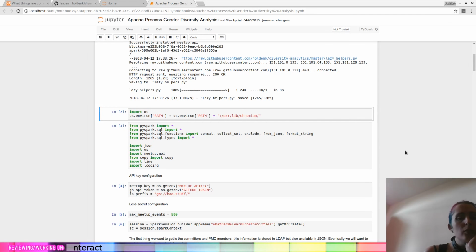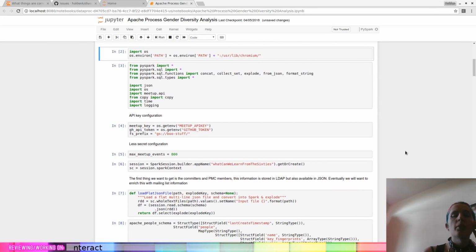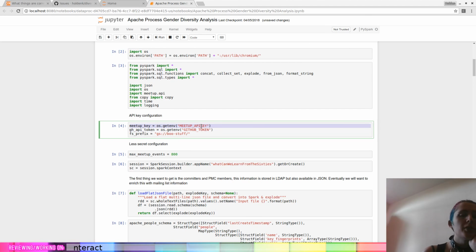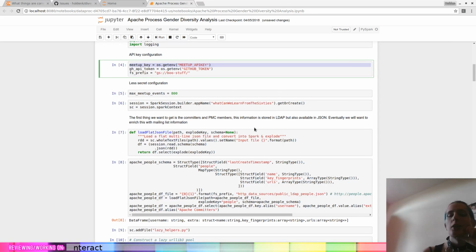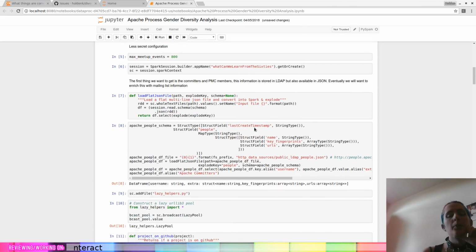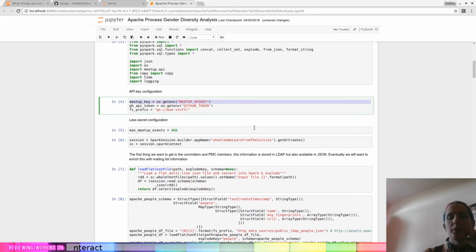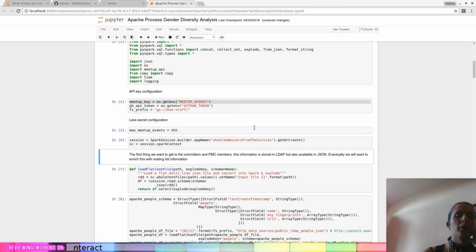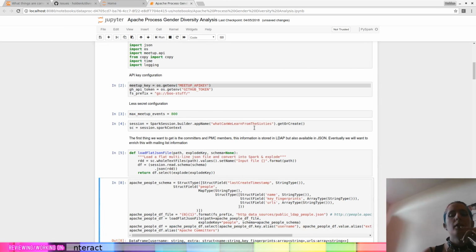In addition to information about the projects themselves, like things on GitHub, I thought it might also be interesting to look at meetup data. And one of my coworkers has some interesting data around Stack Overflow in BigQuery I was going to try and integrate. But for now, we're going to skip that part. Or more accurately, for now, we're going to focus on just information that's in GitHub and in the Apache people frame.